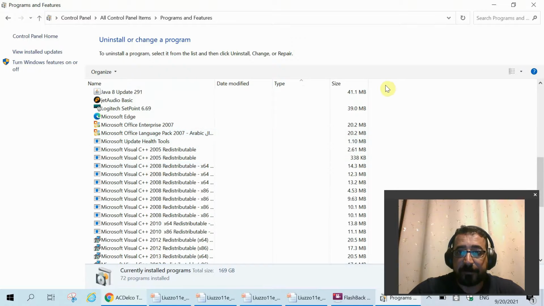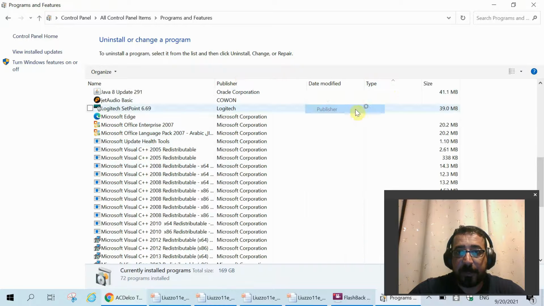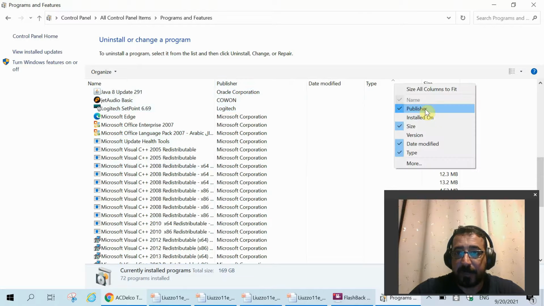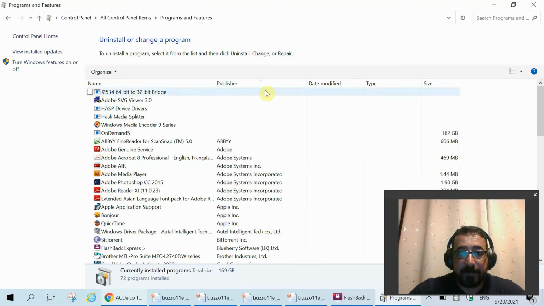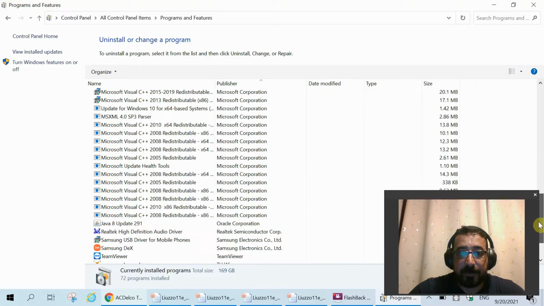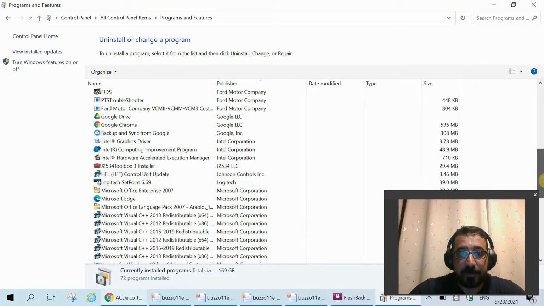But the point that I want to get to is, if you go here, Publisher, right here. If you don't have it, you just right click on this space and then you highlight Publisher, you click on it. So you sort by publisher and you go down to